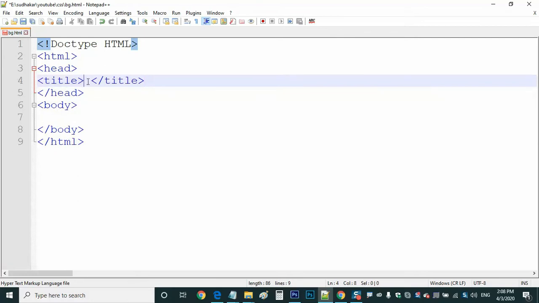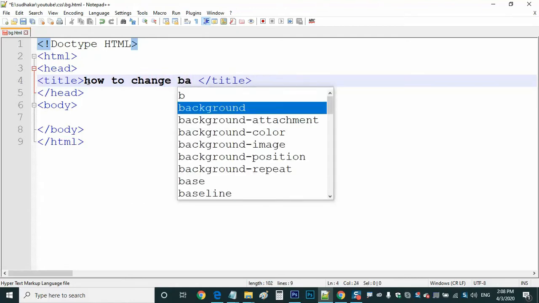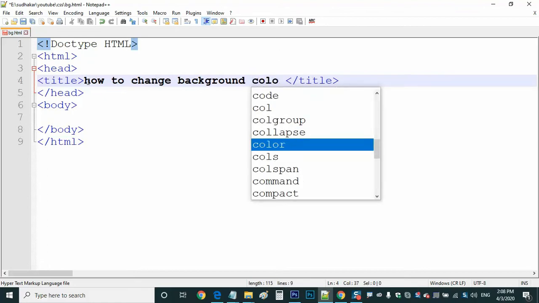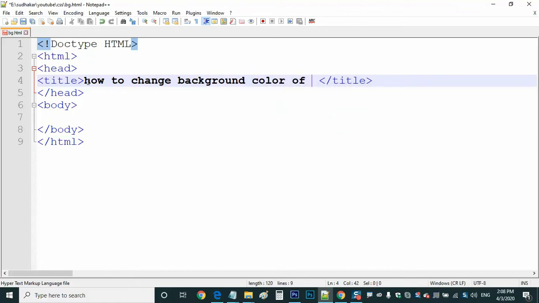So here let me write a title: how to change background color of a web page using CSS.